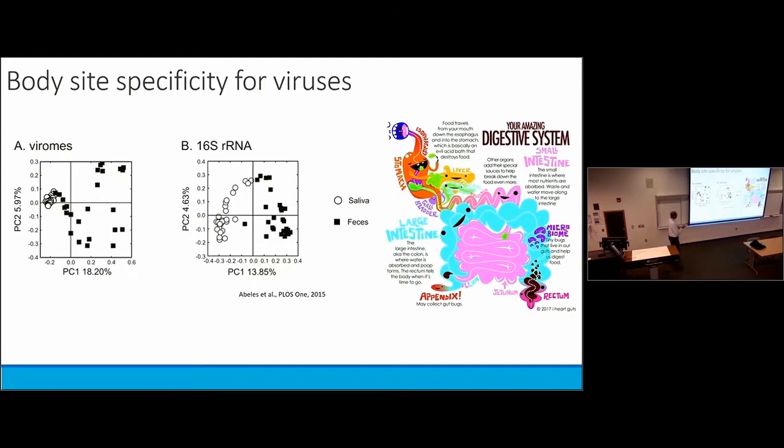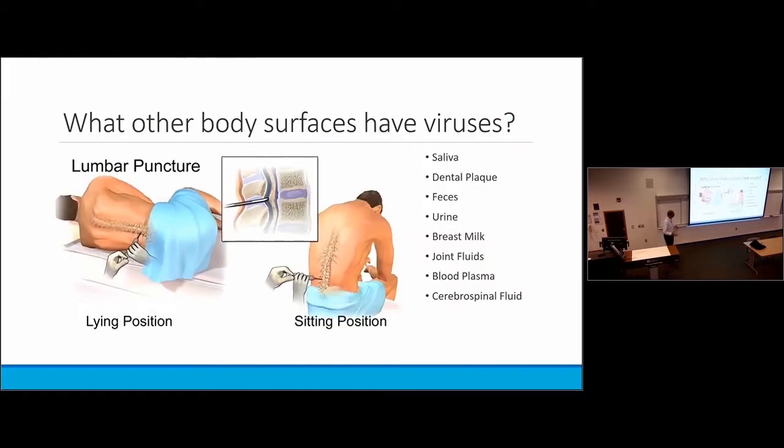We finally decided to just perform the study, and we can show this really nice homogeneous group of viruses in the mouths of people, whereas there is this large heterogeneous group of viruses in the gut. But clearly there is a demarcation between gut viruses and salivary viruses. So in a lot of ways, what we find in the virome does tend to mirror what we see in bacterial communities.